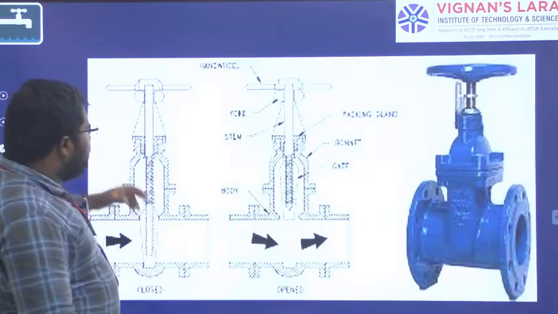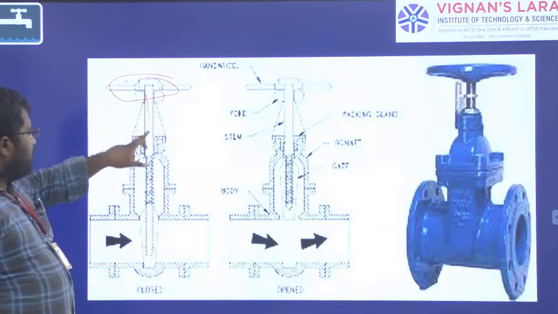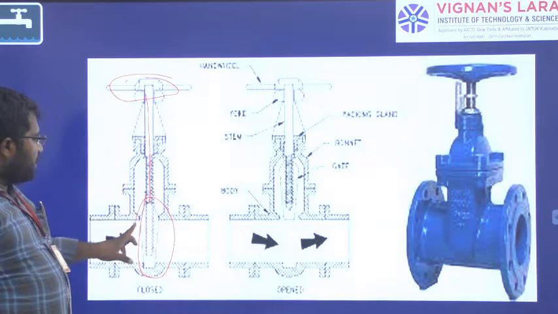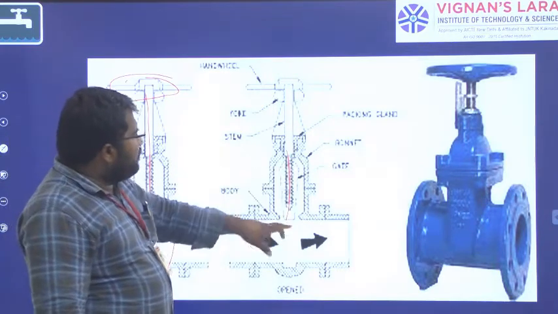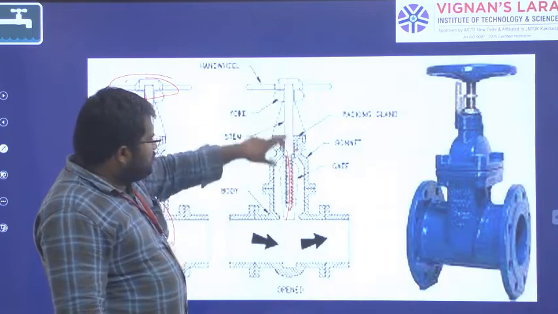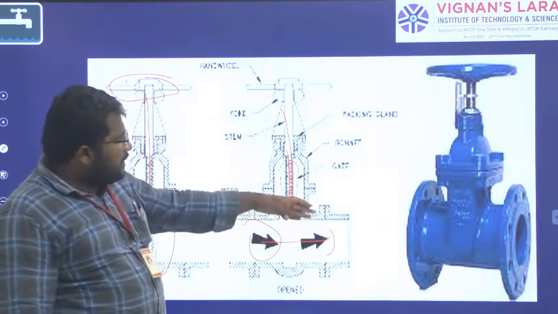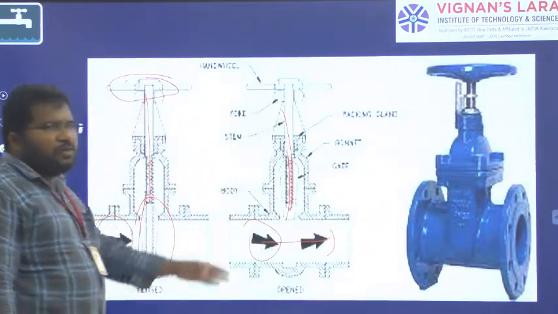So let us see the normal one. This is the valve top, and this is the line diagram, connected with the pipe. Now it is in closed condition, and flow is stopped here. Next, this is in open condition. If you turn it, it moves up and gets opened, and now flow will be there. So typically the diagram of this valve looks like that.